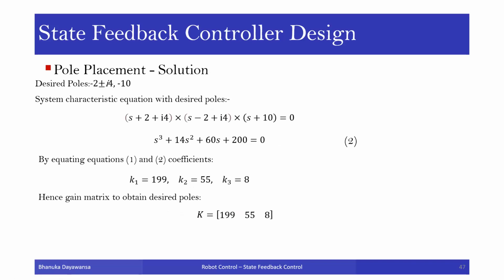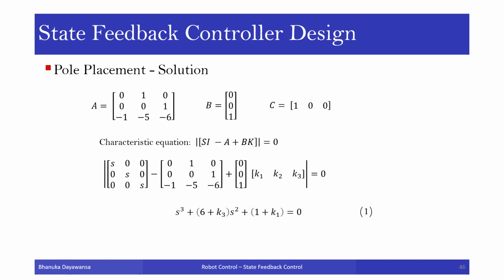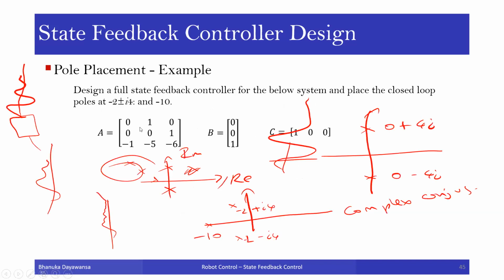Fine. So now pole placement is what you do. Now we got this equation. This is a system equation. Now they're asking us to place the poles at these locations, right? What do we do? We derive the system equations for these locations. How do we do that? They say, okay, these are the poles. So we get 3 system equations. This one is for the pole to be at -10. What should be the system equation? S plus 10 equals 0. To get this pole,